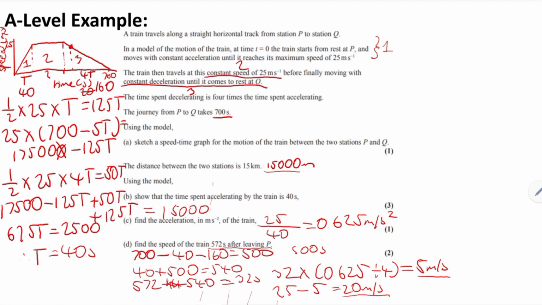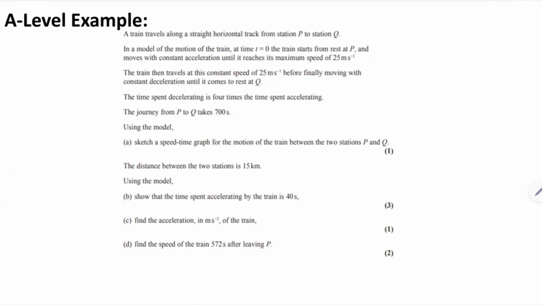And that's the answer. It is now time for the A-level example, exam style question, where the question is: sketch a speed time graph for the motion of the train between two